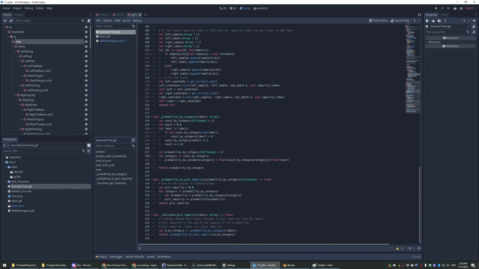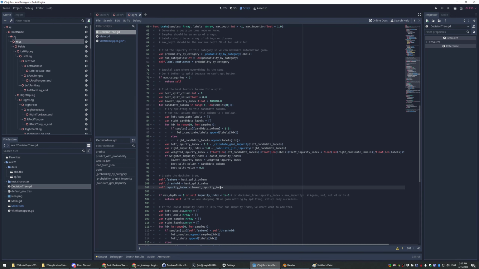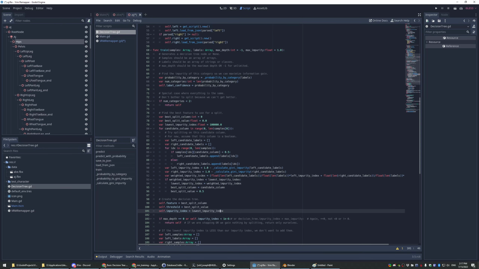I think probability of Gini impurity. What I want to find is where we're actually doing this split. Here we go. Lowest impurity index. And to do that, weighted impurity index, lowest impurity, left candidate labels. So our division is naive. We're just using 0.5, which I think